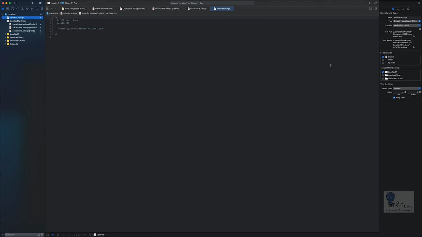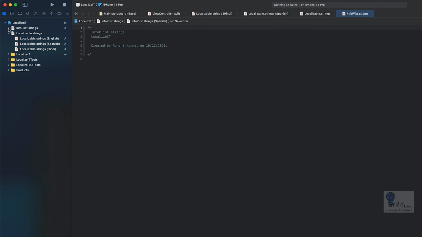After that we will select Hindi and Spanish as well for our application. All right, so we have completed the localization procedure for adding three languages into our application. Now, if you expand the project, you can see that there are three files for English, Hindi, and Spanish respectively,